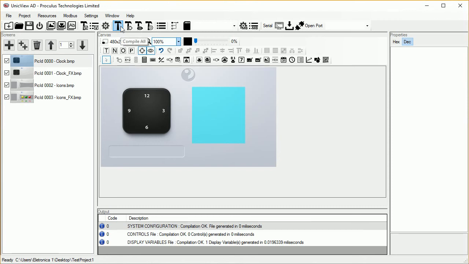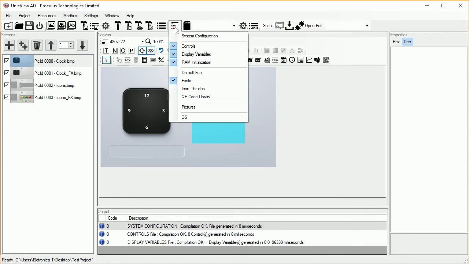The first thing to do before downloading the project is to select which files you want to send. Click Output Transfer Options. From this menu you can select only the files you need to be copied to the LCM. This is useful for when you want to update only the system configuration, to change the current baud rate, for example. Usually, it's only necessary to copy the interface object changes, stored in the controls, display variables and RAM initialization files.